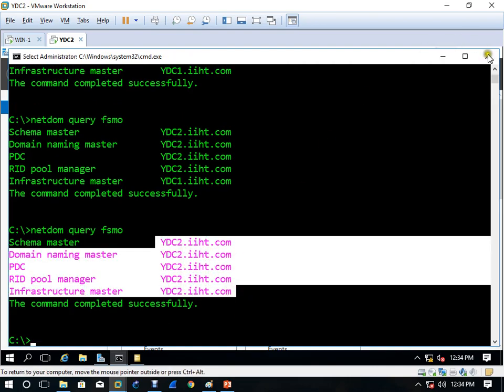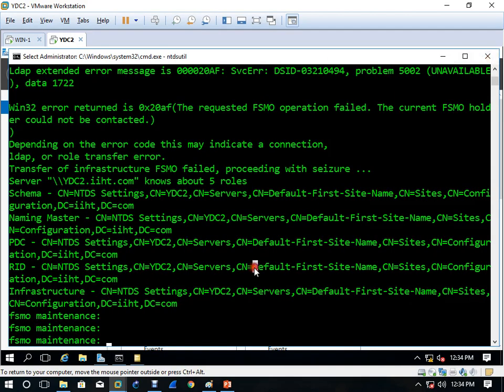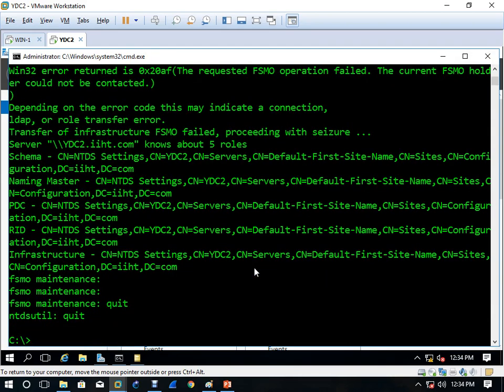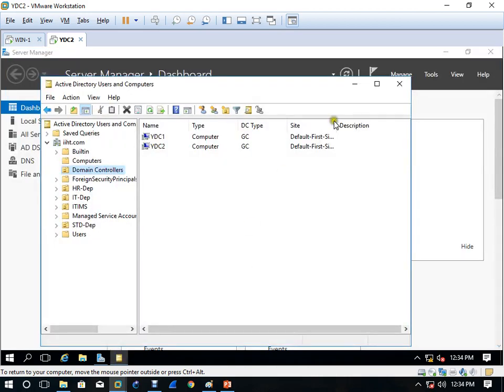Now after that, close it and here you type quit, quit, to come out from this maintenance mode. Then type exit, close this.